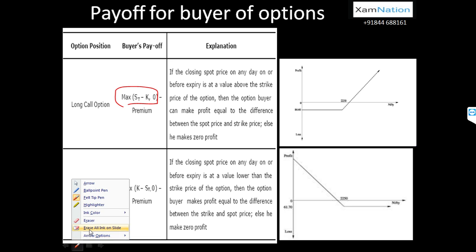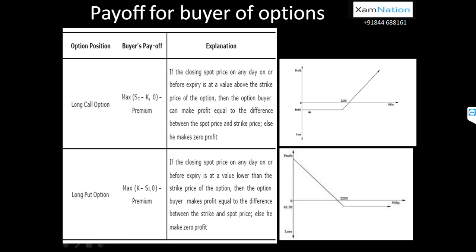I think you have understood this. So if you see this graph, let's say the strike price is 2250. On the x-axis is the spot price, and you have the strike price of 2250. Up to this point, where the spot price is equal to or less than the strike price, there is no point in exercising this option. That's why your payoff will be only minus premium, the premium amount which you have paid. As soon as the spot price increases and becomes more than the strike price, you will